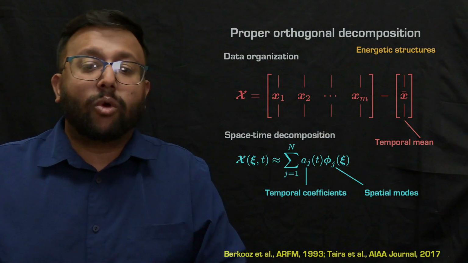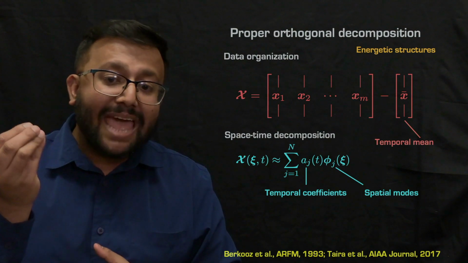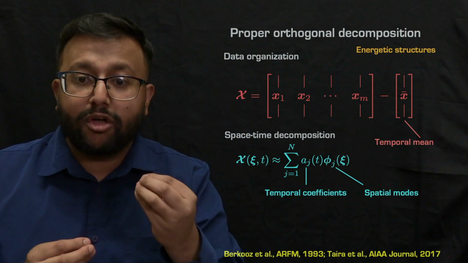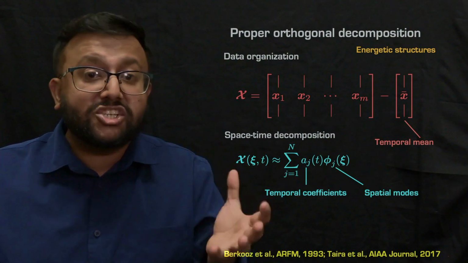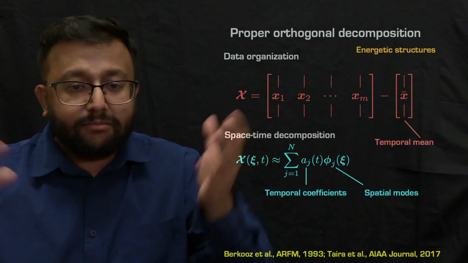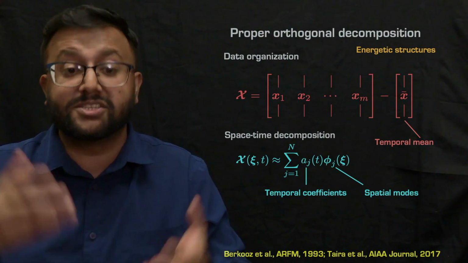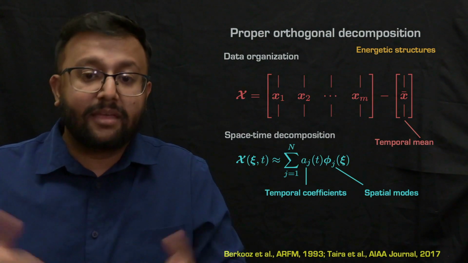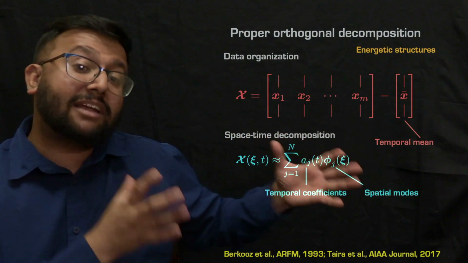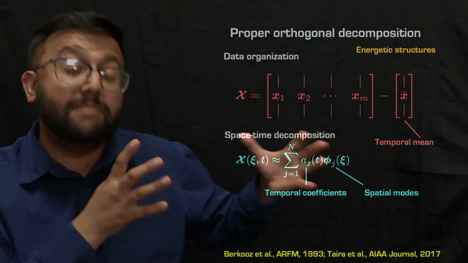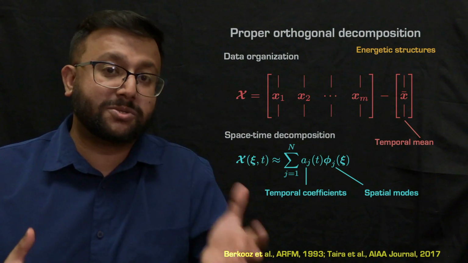In this case, what we're going to do is a separation of variables calculation, where you decompose X in terms of the temporal coefficients, A here, which is a function of time, and the spatial modes, phi. So you can see temporal coefficients A have time dependence, and the POD modes have spatial dependence, which I denote as psi or C. Also, we can see that the stacked high-dimensional data matrix X is a summation over n such modes and associated coefficients.